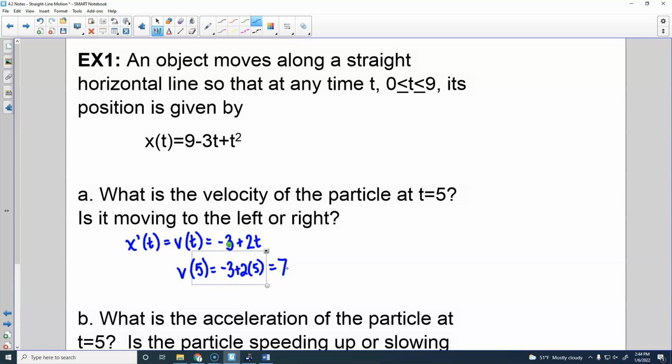Now, it asks about it moving to the left or the right. It is going to be right. Why is it right? Positive. You guys have had enough physics to know that, right? So we'll say since